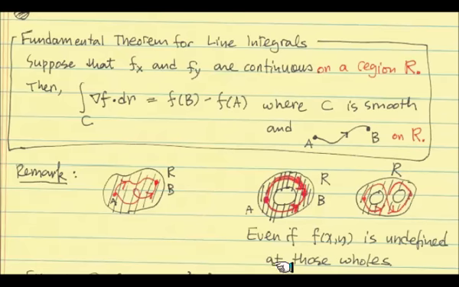For example, if we're looking at a scalar function that is undefined at some point, we have to remove it to make sense out of it, and then if you go around, it's still going to have the same exact path integral, so it still doesn't depend on the path. So that's what this says. As long as we have a region, simply connected or not, there is going to be path independence if we have a scalar function defined on all of the region R. It's not just because it's undefined somewhere that we detect some different path integral.